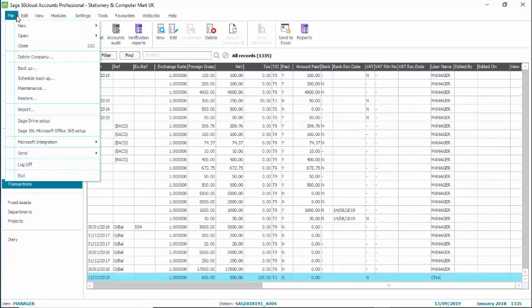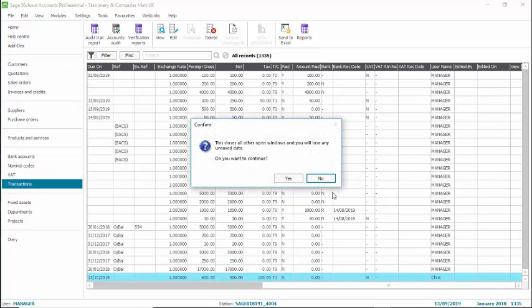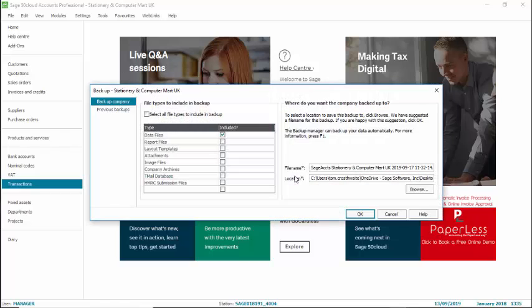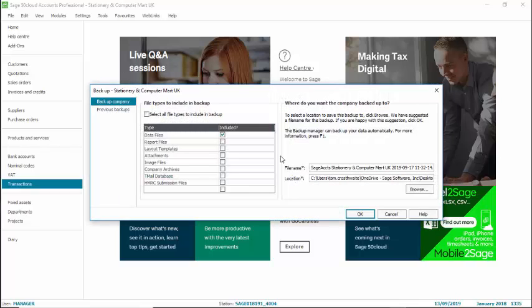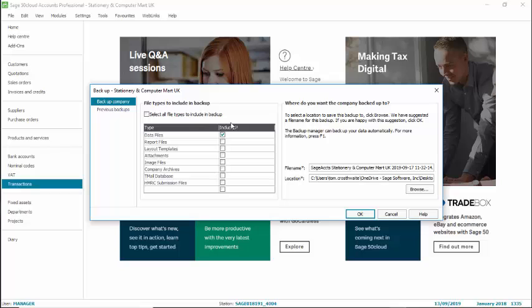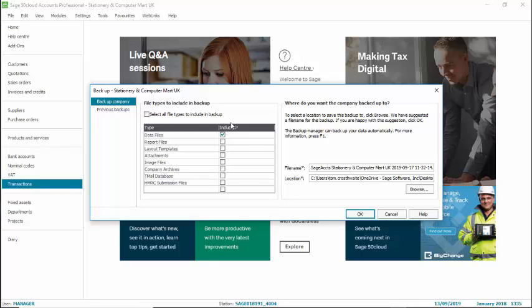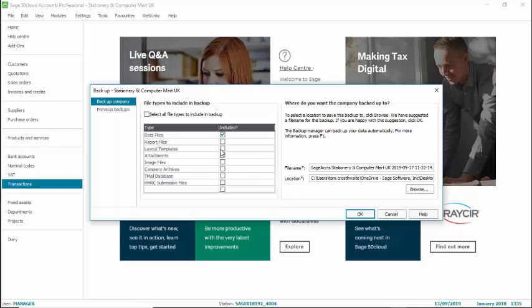we go File and then down to Backup. And you can choose to back up various different elements. So we would always say to be making sure that you're backing up your data files. If you edit our standard reports and layouts, you may want to back those up. If you are attaching anything into your records, if you're hosting images and so on, you can choose to select as many or as few of these elements as you want, but do always make sure you're backing up your